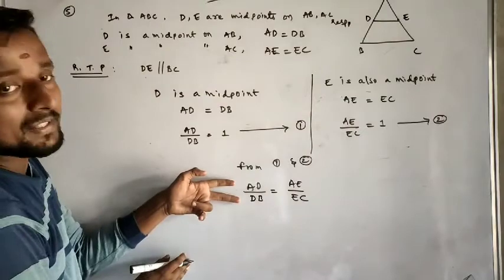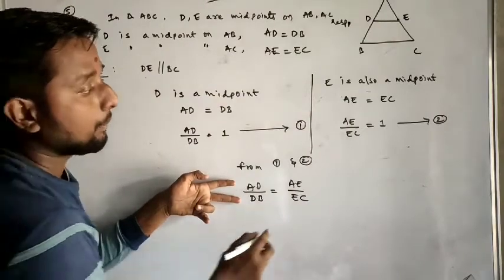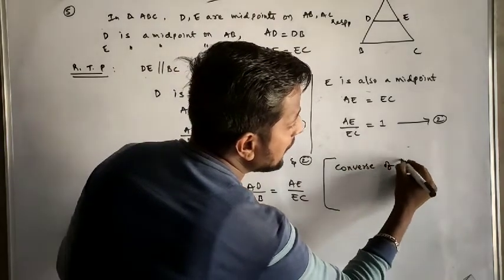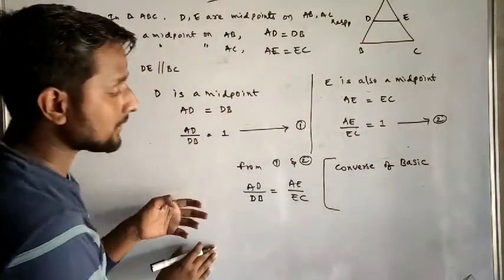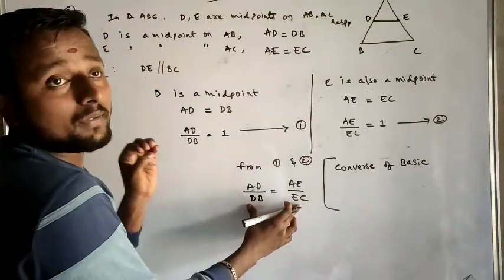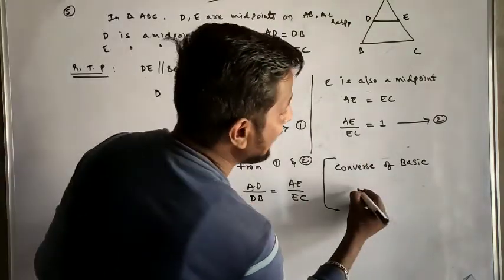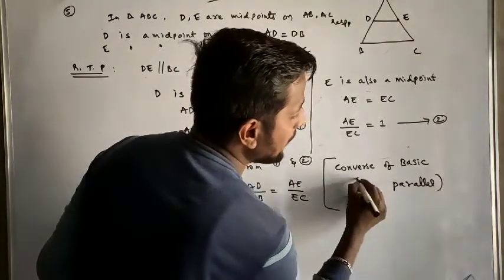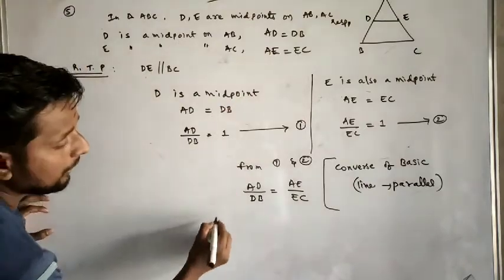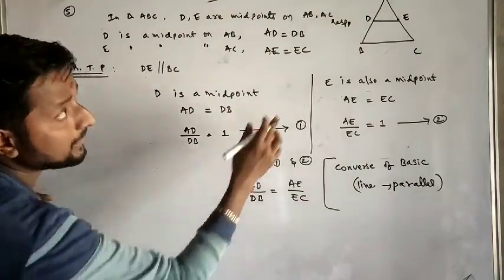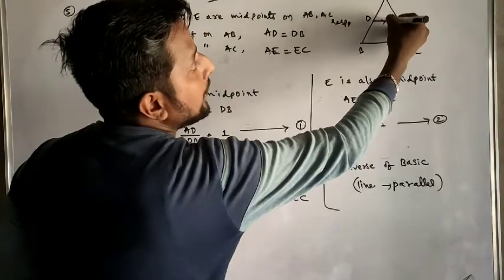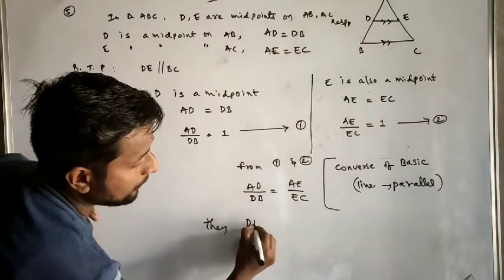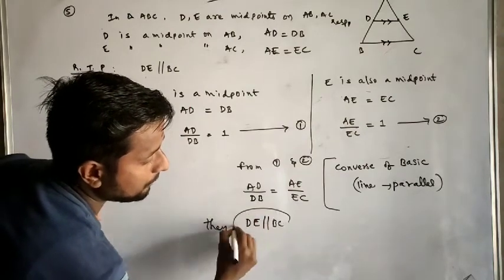So this is actually the basic proportionality theorem, correct? But for the converse of the basic proportionality theorem, what does it tell? When the ratios of the sides are the same, then the line is parallel. I'm writing it as a shortcut. So simple. From this diagram, the line joining the midpoints is DE. It is parallel to the base, that is BC. So we'll write DE parallel to BC.